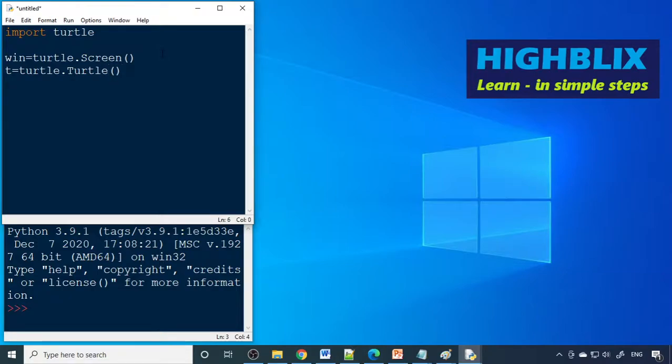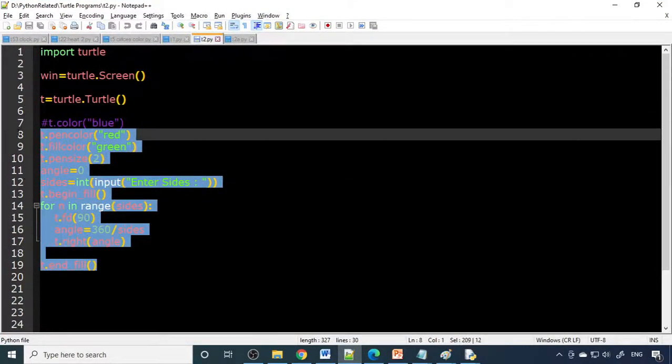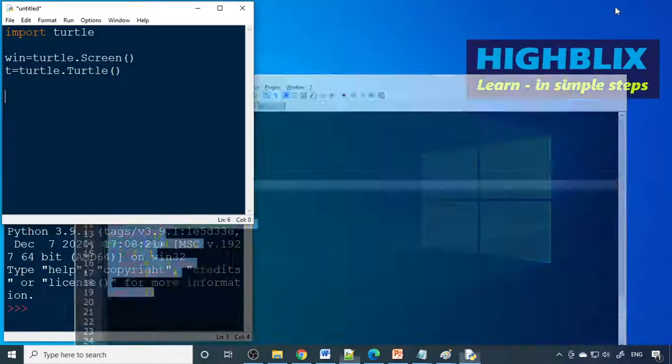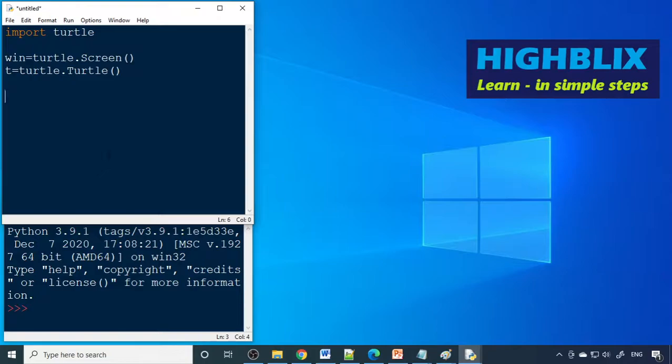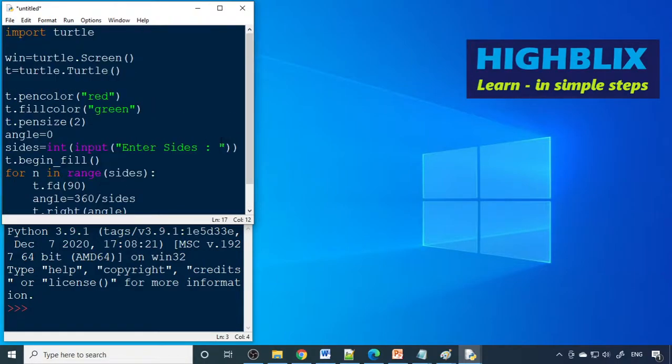Fine. In the previous video, we already have the code, so I just copy the same instead of taking too much time. Please watch the previous video. The video link is available in the description. Just scroll down, and if you have not yet watched it, please watch that video. Then you'll understand how to generate the polygons.